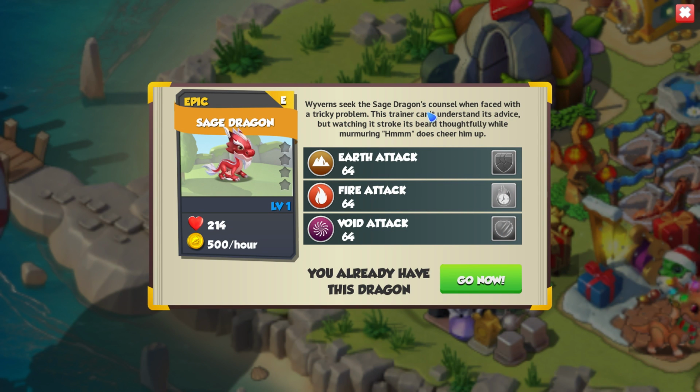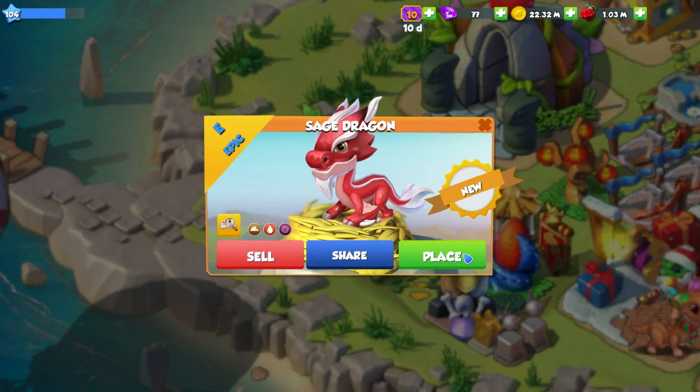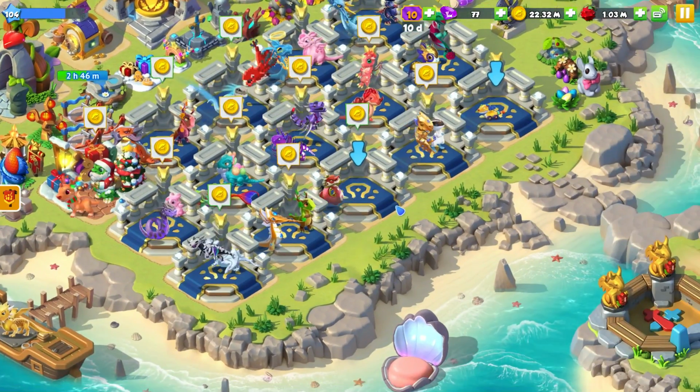So wyverns seek the Sage Dragon's counsel when faced with a tricky problem. This trainer can't understand its advice, but watching it stroke its beard thoughtfully while murmuring does cheer him up. So there we go, we got our new guy here, which is pretty swell, and obviously the Sage Dragon is the